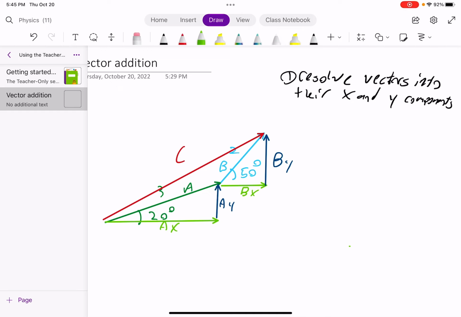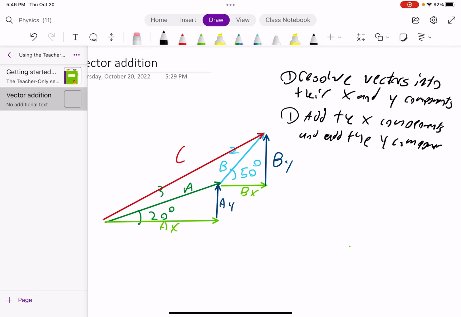The next thing that we are going to do is add the x components and add the y components. So we're going to take the two x components and add them together. We're going to take the two y components and add them together. The reason why we are going to do that is because if you take a look, when you add the x components,